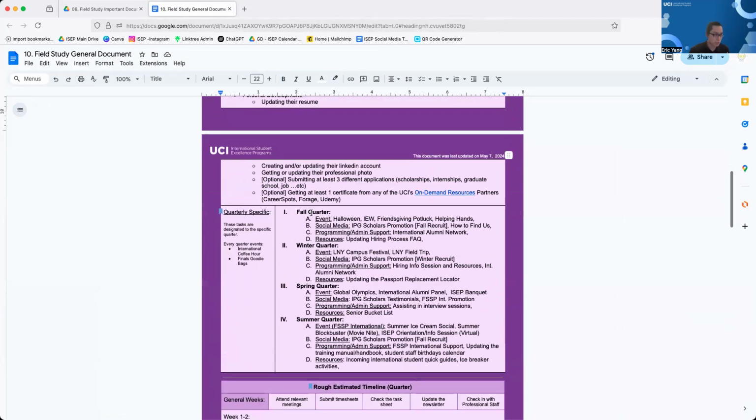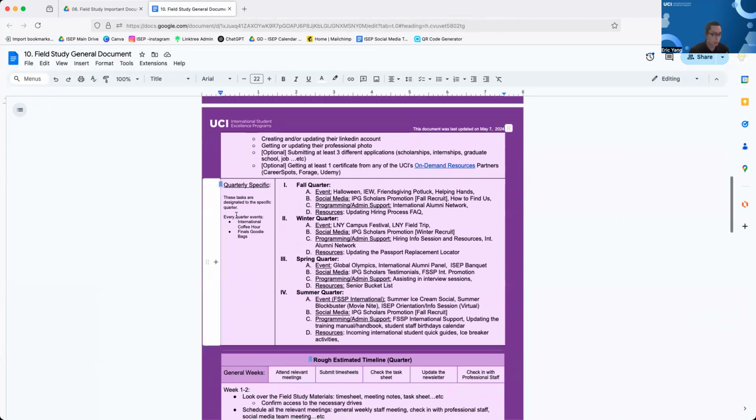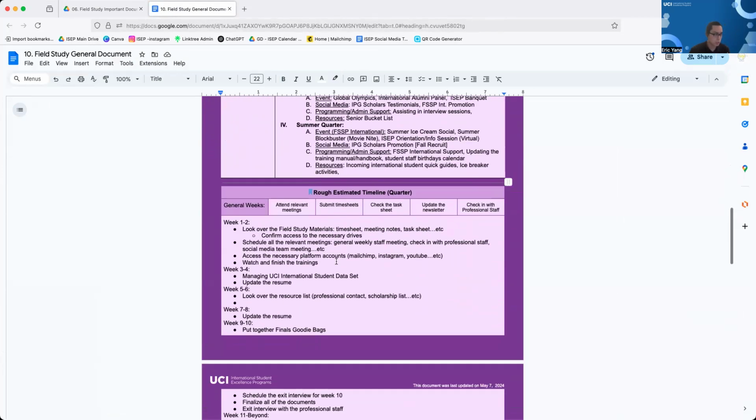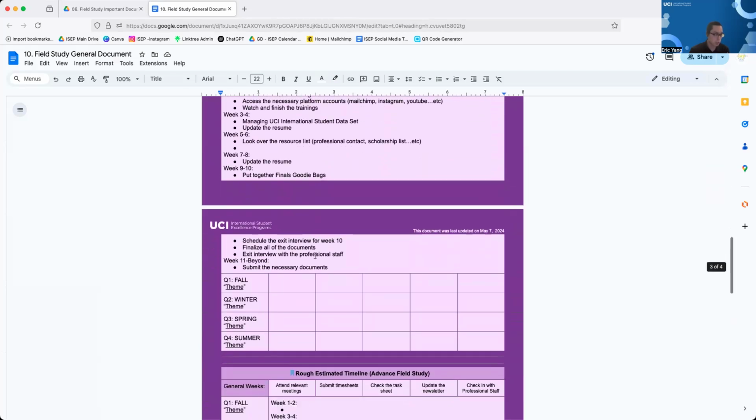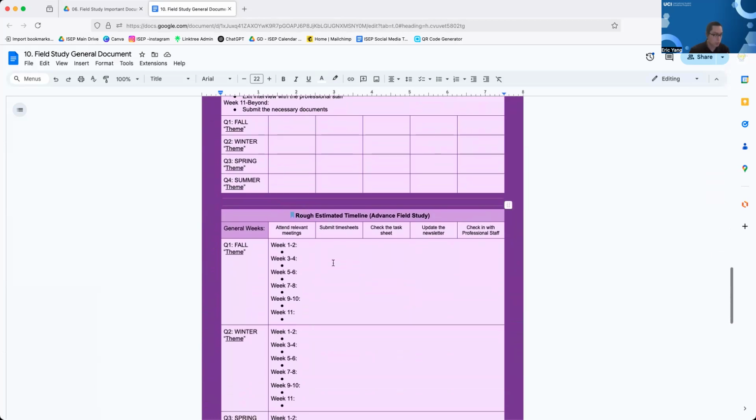Some of the main key factors that they need to be working on during the academic quarter. And every quarter we do certain things, and then some materials, and a rough timeline of the quarter. And just a general theme. And there's a thing called advanced field study. We haven't